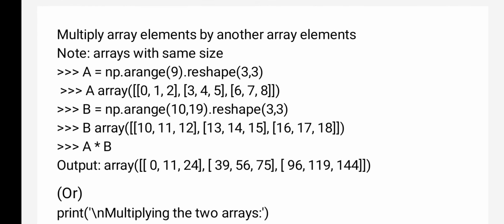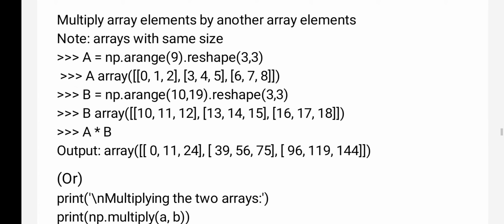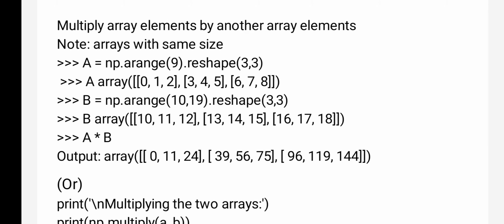Now you see the multiplication. I am creating a new array. Multiply means multiplying an element with another element. I am creating a first array: a equals np.arange. So I am creating an array with 9 elements, and the shape of that array is 3 rows and 3 columns. Okay, so I have printed, you see, 0, 1, 2, 3, 4, 5, 6, 7, 8.